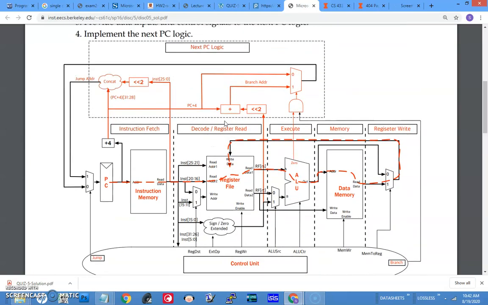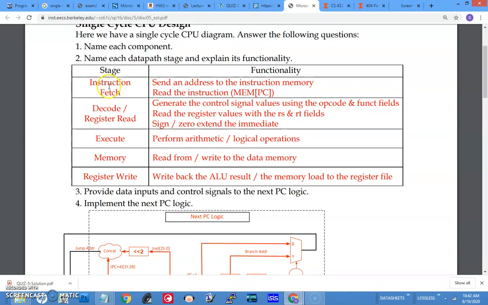So this is a detailed diagram. So these are the stages: instruction fetch, decode and register read. So the decoding stage is the one which generates the control signals for the next coming fields. So decoding and register read are happening almost parallelly. So execute, maybe it will be an ALU operation or memory access arithmetic, and then memory access is there followed by arithmetic. So why memory access is followed only by arithmetic? Because we need address. Address is calculated by the ALU. And last operation is write back the ALU result into the register.